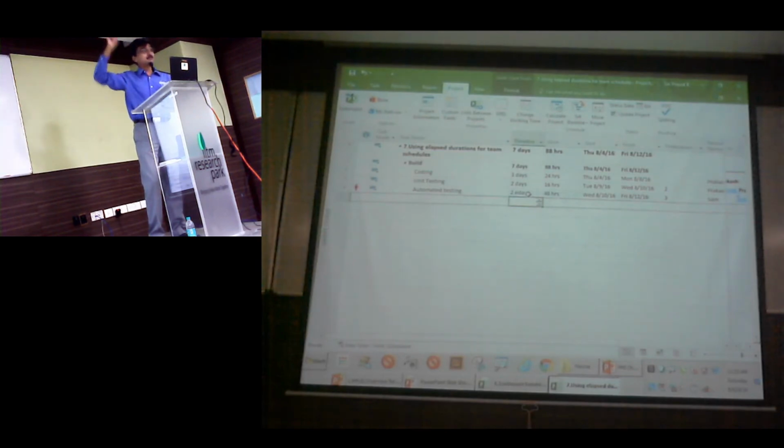But there are certain specific tasks where you want to ignore your resources' calendars and their availability, because it's a constraint. That's how the task should be scheduled. Then go for E-days. Please note I have given only one example. You can give it as E-weeks, E-months, E-minutes. But the definition of E-day does not change.